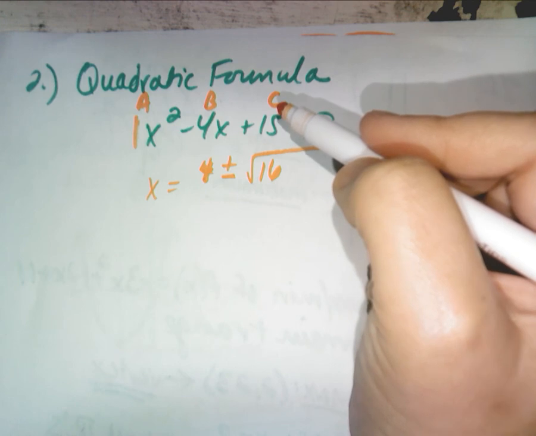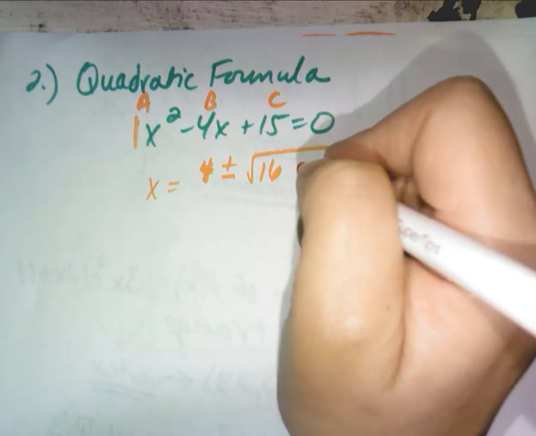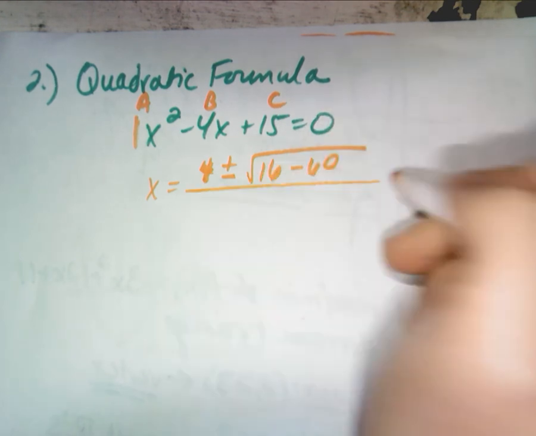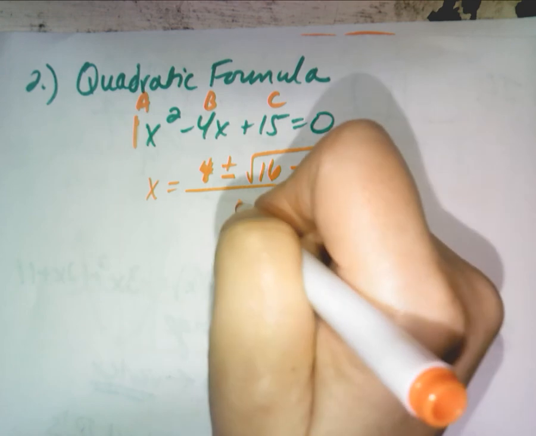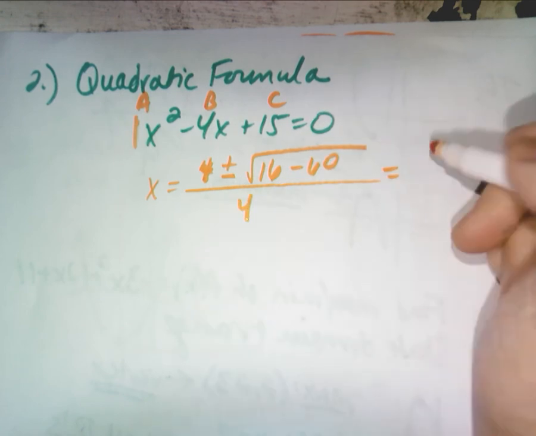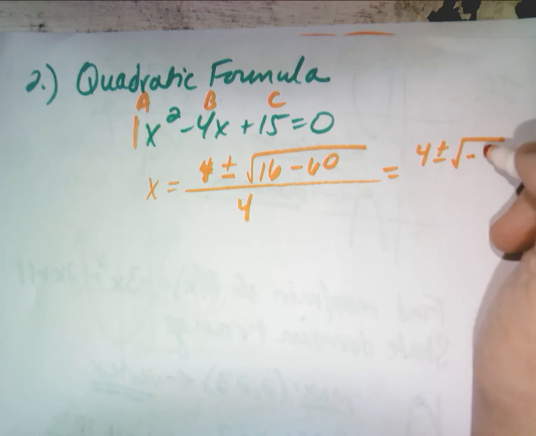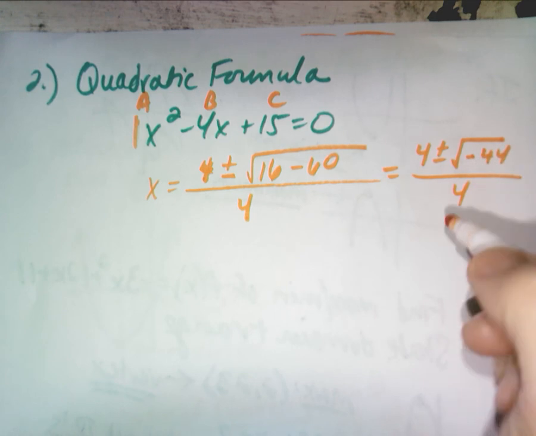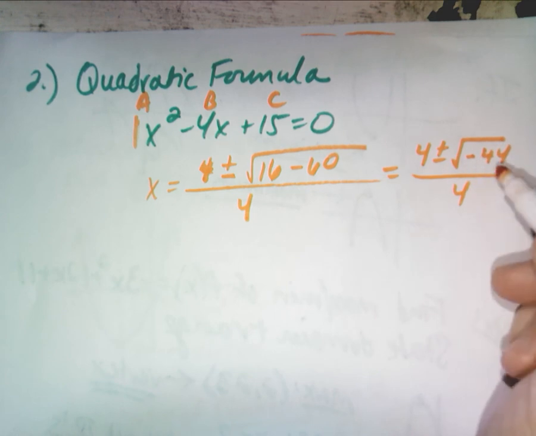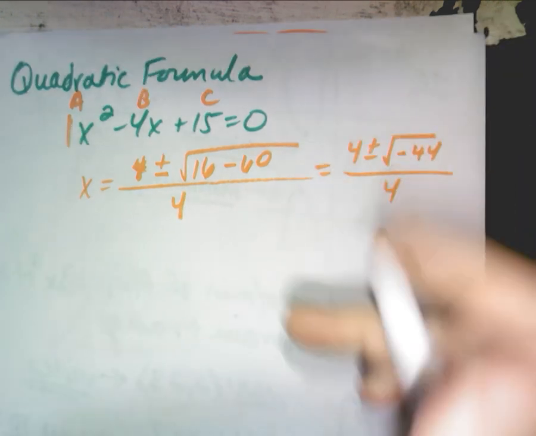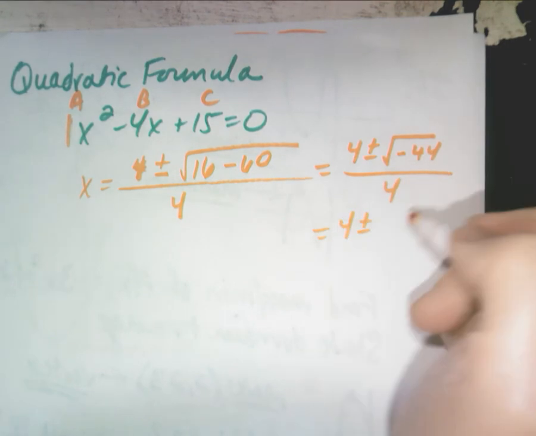60. 60? Yes, I am right. God is good. Over 4 times 1. Okay, and then let's clean this up. This would be 4 plus or minus square root of negative 44. Am I 44? Yes. Okay, and then what can that clean up? We just did these negatives right here. So what would that be? 4 plus or minus